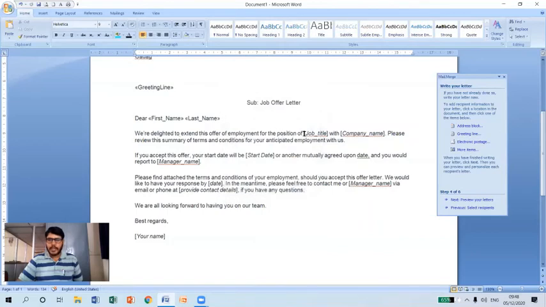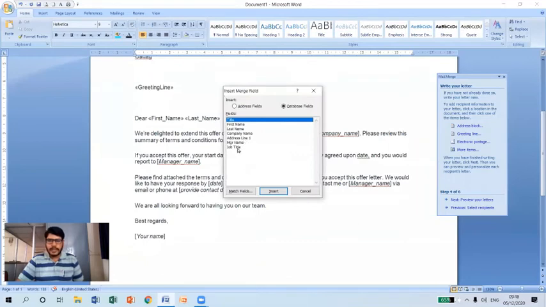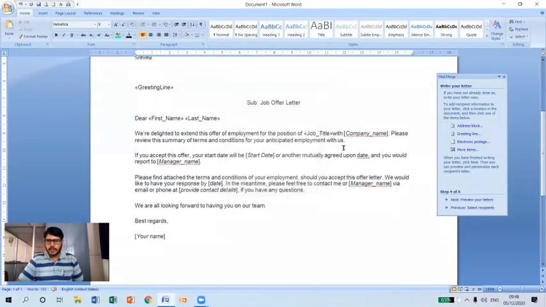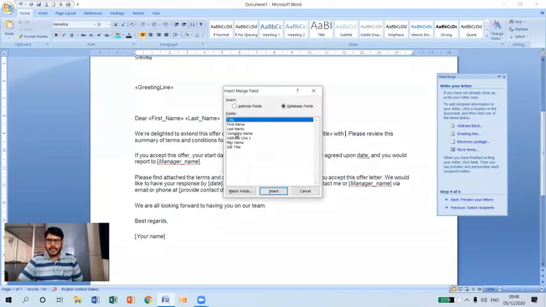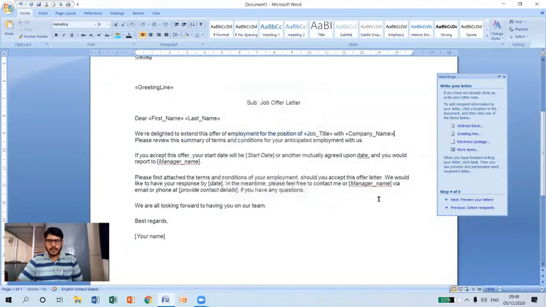In the job title position, now I want to include the job title here. Simply delete this. Now click on more items, select job title and click insert, close. Give a space, and in the company name, select more items, again select the company name and click insert, close. So similarly,